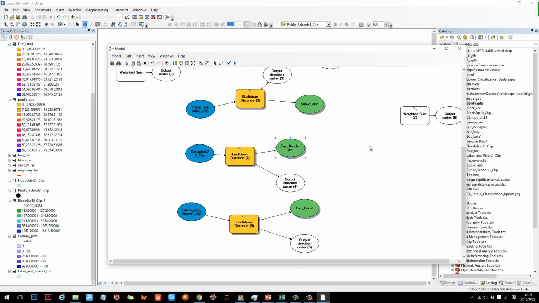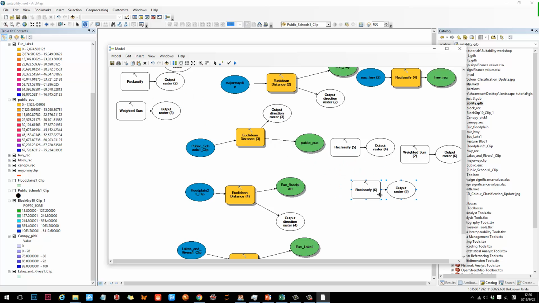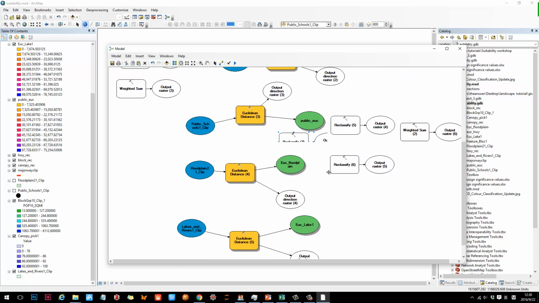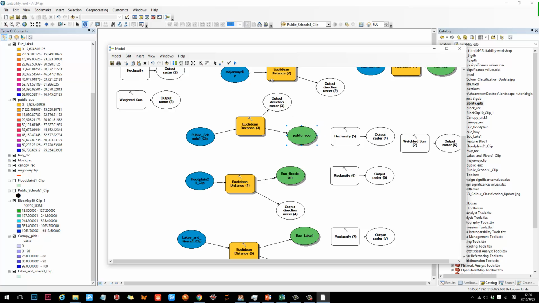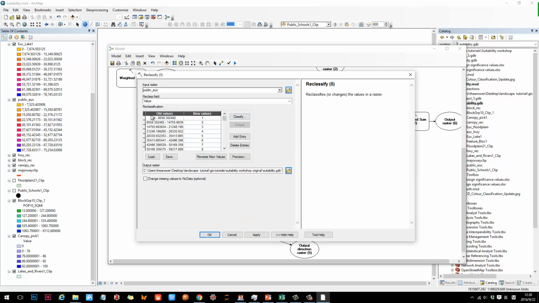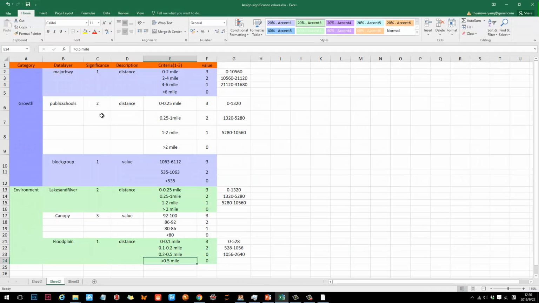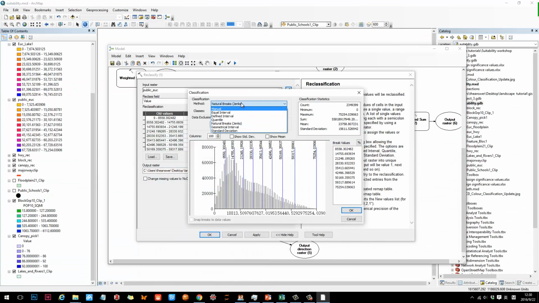Then do the same concept, same thing. Reclassify them by the Excel sheet. So these public schools, floodplain, lakes. Just collect them up, collect them up, collect them up, and then just double click. Remember these names, these numbers, right? This is the distance, right? So change to go back to here. Always check the